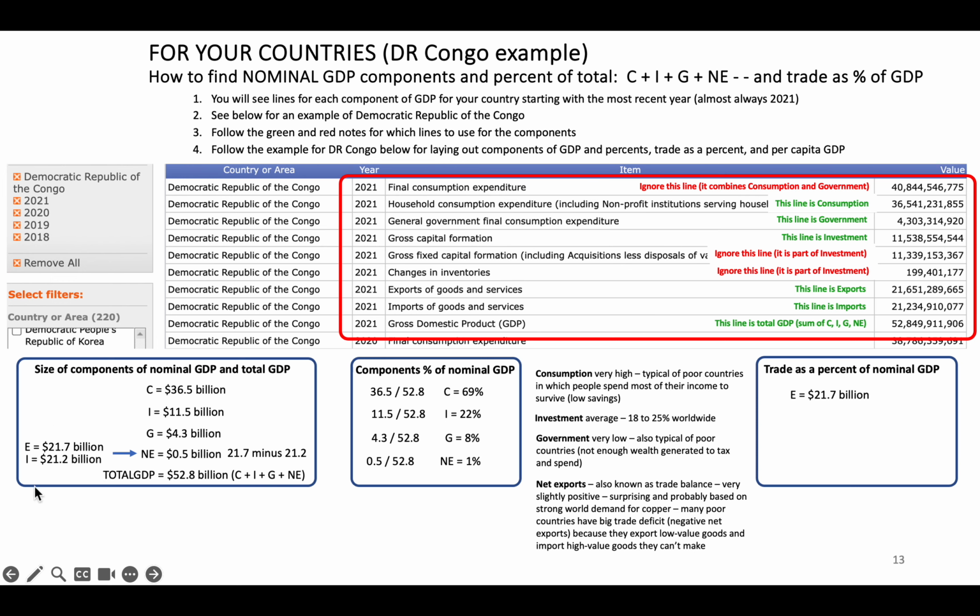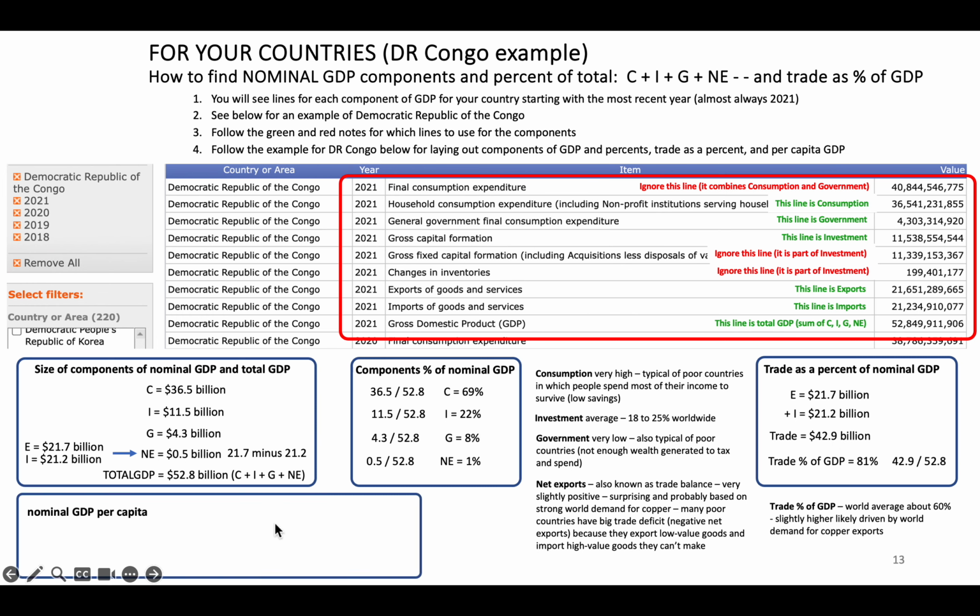Then we can do trade as a percent of nominal GDP by adding exports and imports together. So there's exports, there's imports, and we get the total and divide that by GDP, and we get trade as 81% of GDP. The world average is around 60%, so that's kind of normal. The last thing we can do with a little piece of information from outside of this, meaning population,